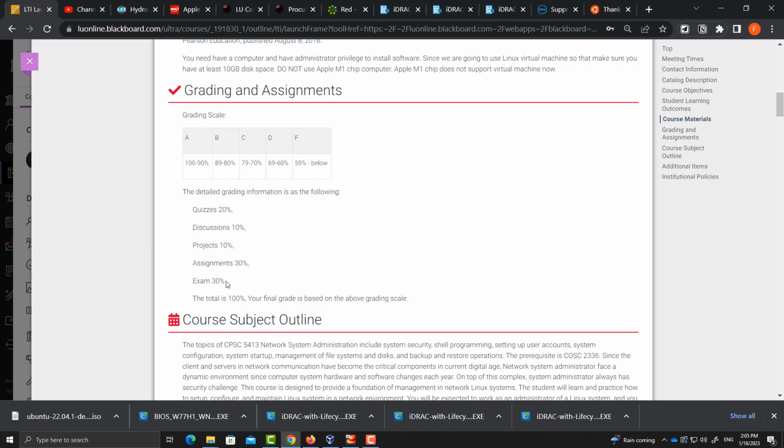The last one is exam. We are going to have 2 exams. One is the midterm in week 4. During that week, in the Wednesday class time, 1 hour, we are going to have the midterm. And then the final exam is going to be in the class of week 8. Okay, the midterm covers the first 4 weeks of material. The final covers the rest of the 4 weeks of material. Okay, that's going to build up your 100%.